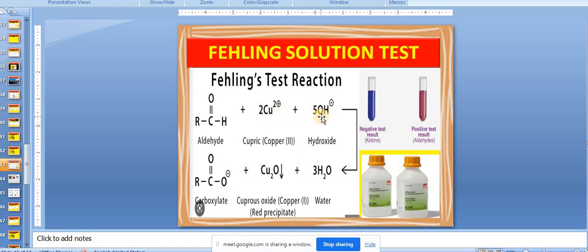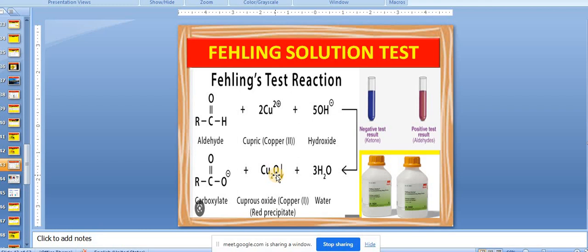We are not going into the complex which is formed. We are simply writing copper ions and 5 OH negative ions are formed. When these act as oxidizing agent, what is the oxidation state of copper in Cu2O? Can you please write what is the oxidation state of copper in Cu2O?